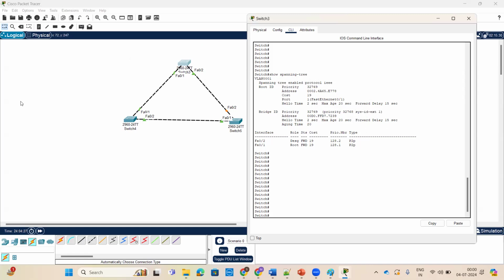If you have VLAN 10 number, then 32768 plus 10, so 32778. The value will be likewise. Here the value is 10. Add it to the base value. It has multiple VLANs, then